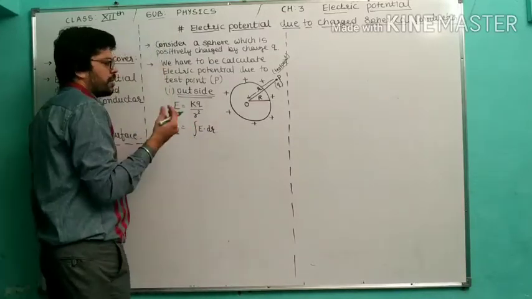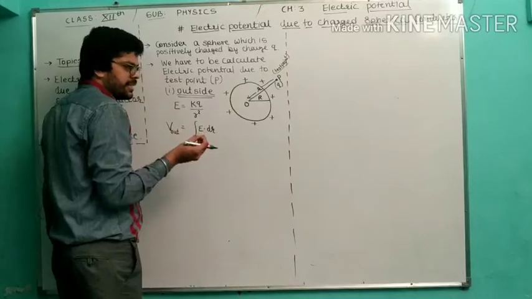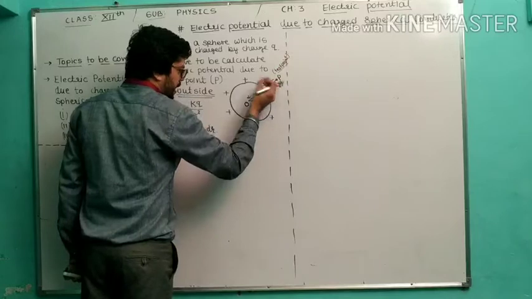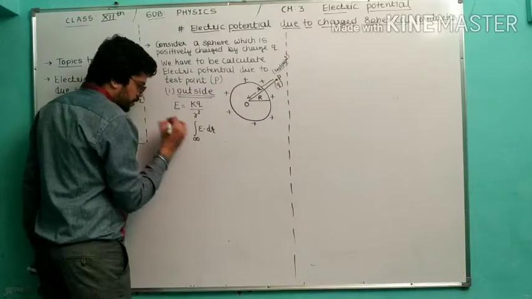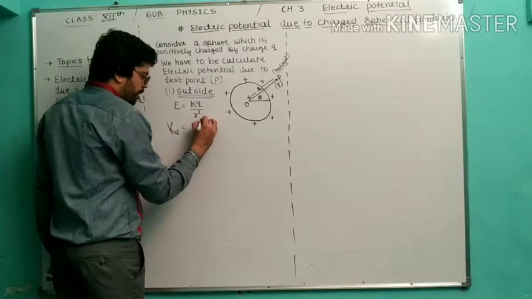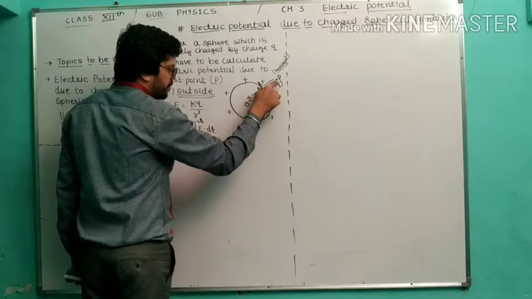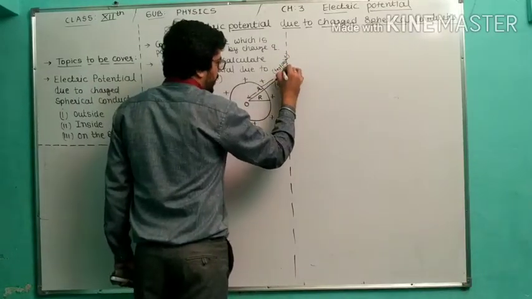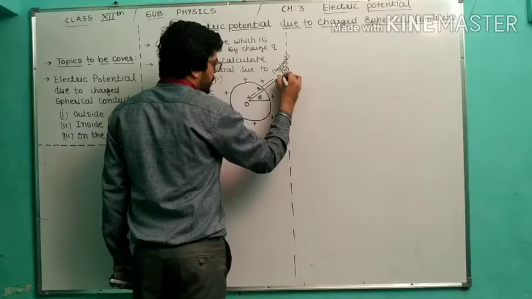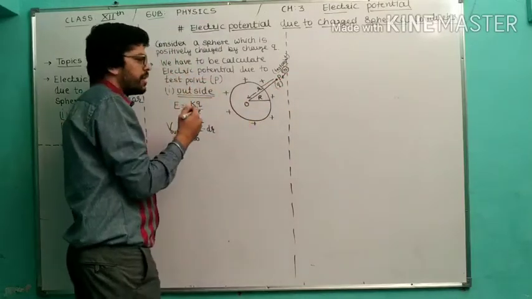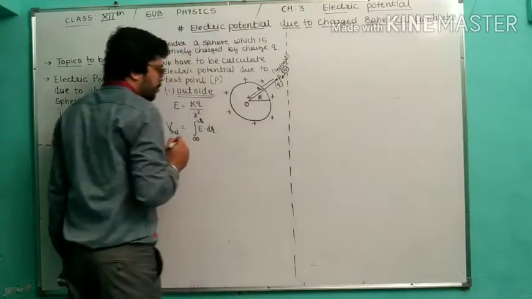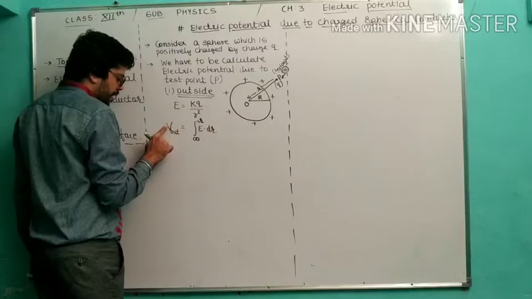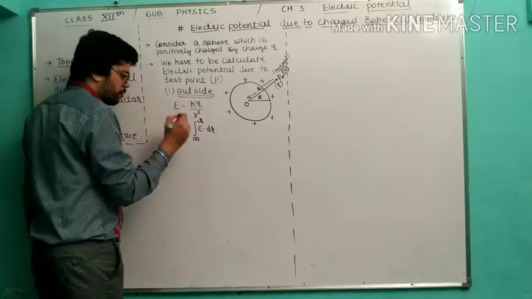Now, how can we decide the limits? The very easy way to decide the limit is that we are bringing a charge from infinite to a definite position. So this is infinity, and from infinity we are bringing a charge to point P, at distance r. Where are we taking this charge from? From infinity. So we are bringing a charge from infinity to that particular point P. So infinity to R, E dot dr. Now you know very well that electric potential and electric field are opposite to each other.